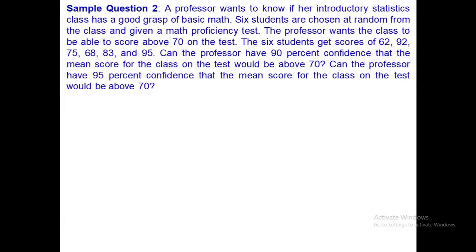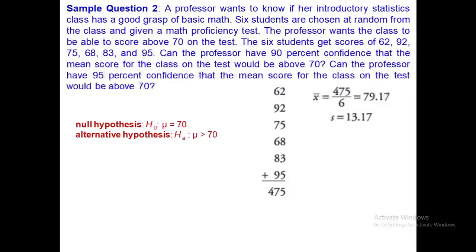Or can the professor have 95% confidence that the mean score for the class on the test would be above 70? In this problem, the null hypothesis will be mu is equal to 70 and the alternative hypothesis will be mu is more than 70. First of all, we have to compute the sample mean and standard deviation, and after calculation we will find the mean value for this data set is 79.17 and the standard deviation of this sample is